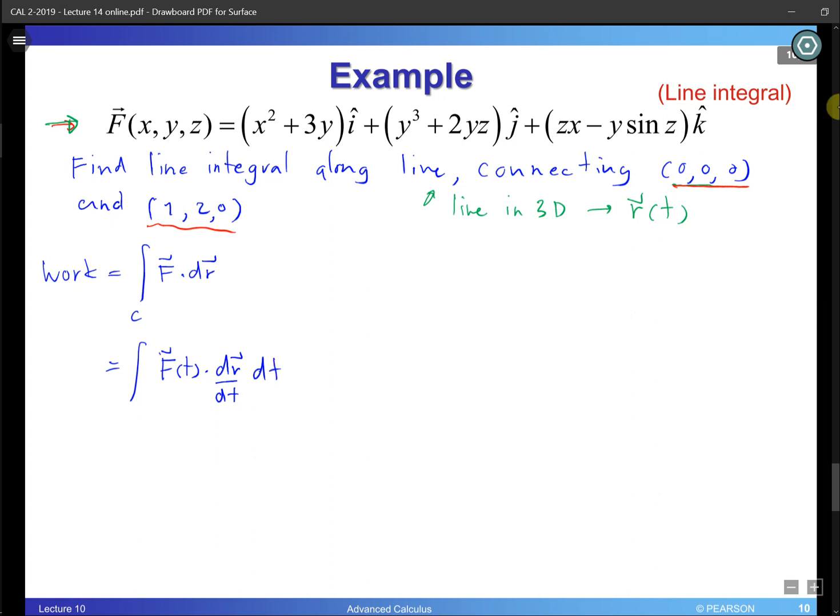This goes together, and which means that when it comes to integration here, this is not about coordinate, it's about time. So time starting from a to time equal to b. So in order to find this work or line integral,